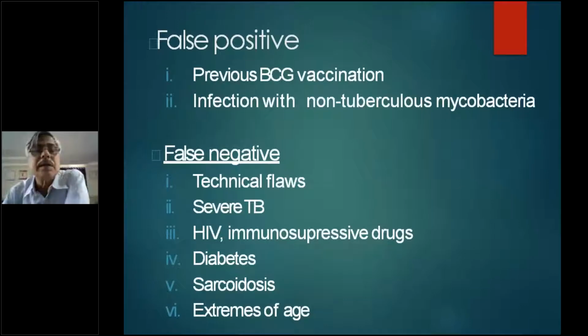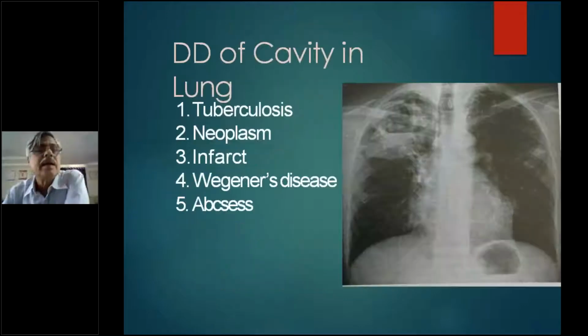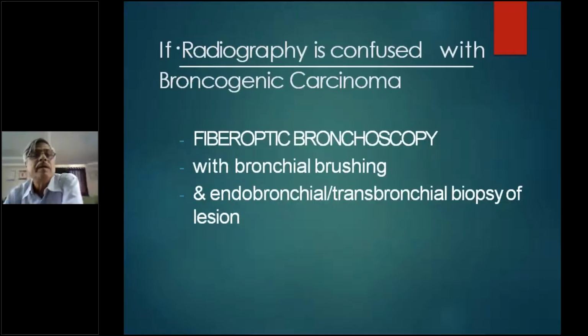Infiltrates, so many causes are there. You may get infiltrates in pulmonary tuberculosis, that is what I routinely expect. You may get them in sarcoidosis, aspergillosis, bronchogenic carcinoma, pneumoconiosis, pulmonary embolism, like that. In so many cases, infiltrates may be there.